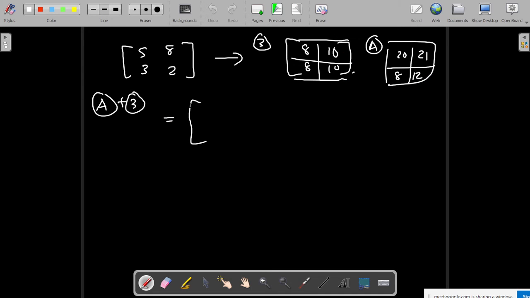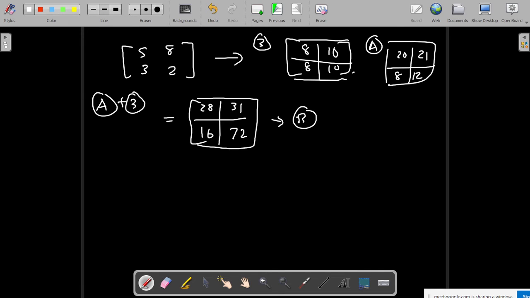We're going to add these two. Okay, so we'll get 28, this is 31, this is 16, this is 22. The 4 is projection actually, so I'll put this as B. This is my result B.